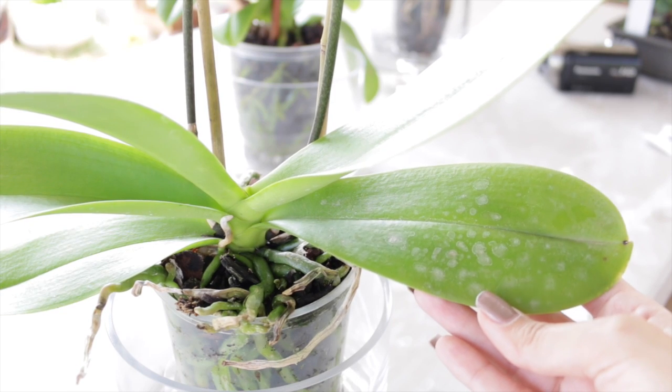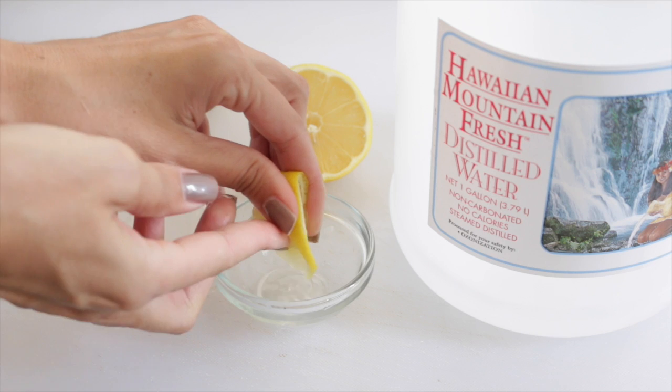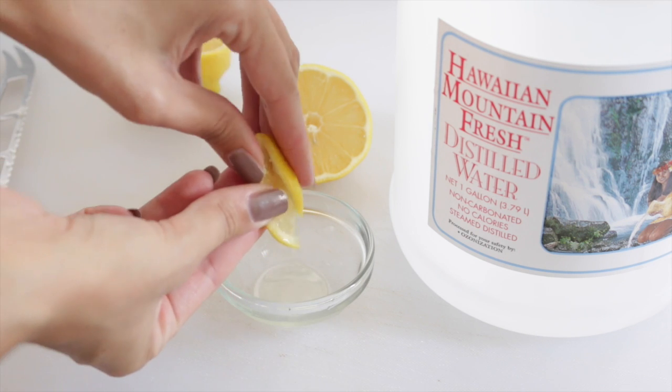Sometimes the leaves of your orchids will need a little care and attention too. So one thing that I like to do is when I first purchase an orchid, I will clean off its leaves. And so I'll use a solution of a little squeeze of lemon juice into distilled water, because when you first purchase an orchid, it may have been sprayed all over the place, all over its leaves and everything, and it may have little salty water spots all over its leaves. So you want to clean those off and get them pretty and shiny again, and so the lemon juice will